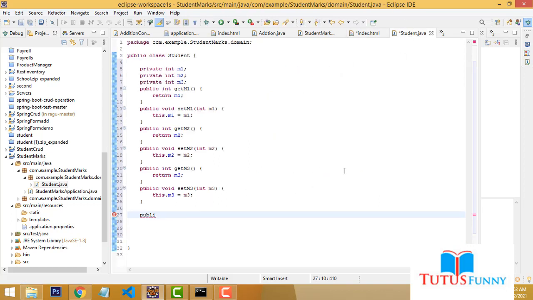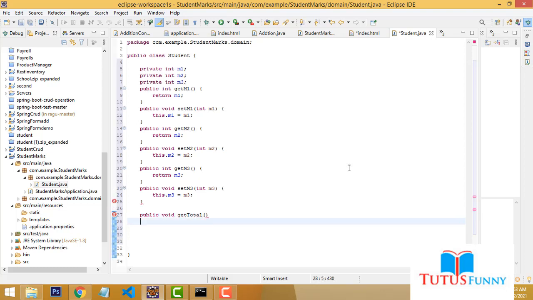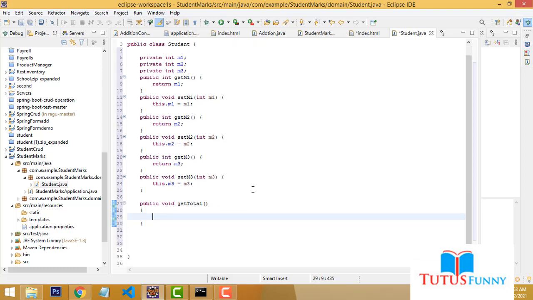Okay, so we have created the public void. Here write getTotal. Here what I am going to do is return. Here write these three things we have to add, marks M1, M2, M3. So M1 plus M2 plus M3, right?